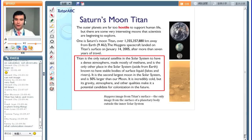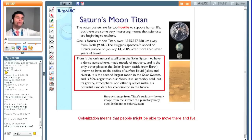colonization. Colonization means that people might be able to move there and live. Colonization 的意思就是搬到新的地方。如果你在地球上发现有一个岛，一个没有人住的地方，那你可以搬到那边，就是 colonize，建立一个城市一个地方。所以科学家感觉可能30、50、100年后，这可能会是适合人住的地方。还是要改一下，有很多挑战。可是我们说可能有一些人可以住的地方。